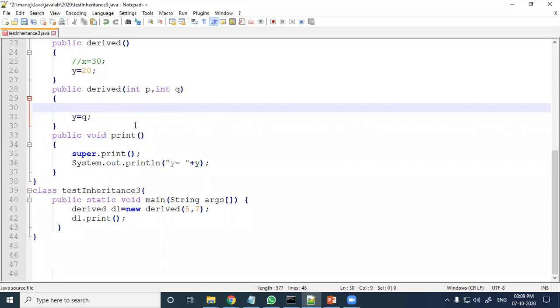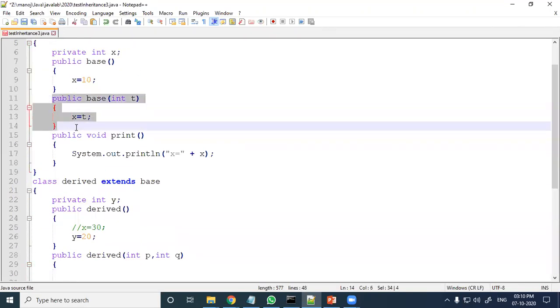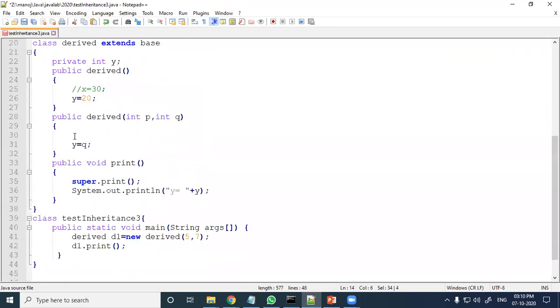So what I will do is call the base class constructor from the derived class constructor. Which constructor? This one. So what will I write? Super. When I write the super method like this, super parenthesis, it will call the base class, its parent constructor.